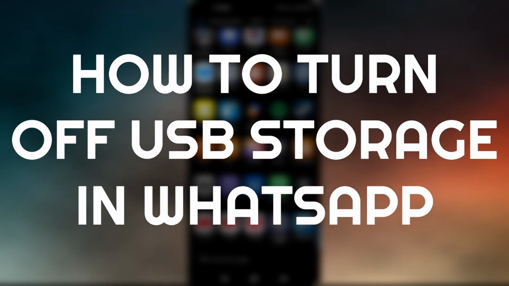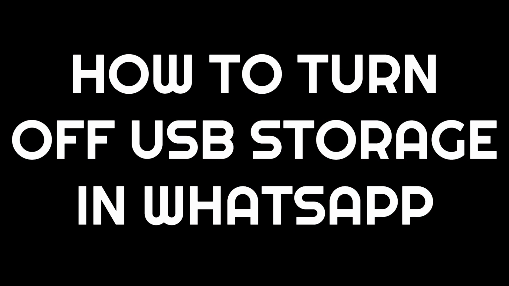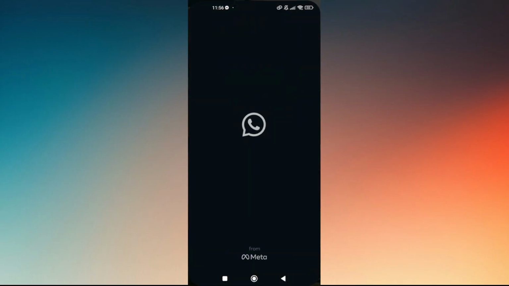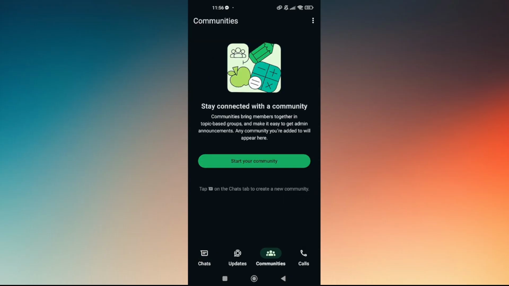How to turn off USB storage in WhatsApp. So first things first, if you go ahead and head straight into the WhatsApp application, there's no actual option or